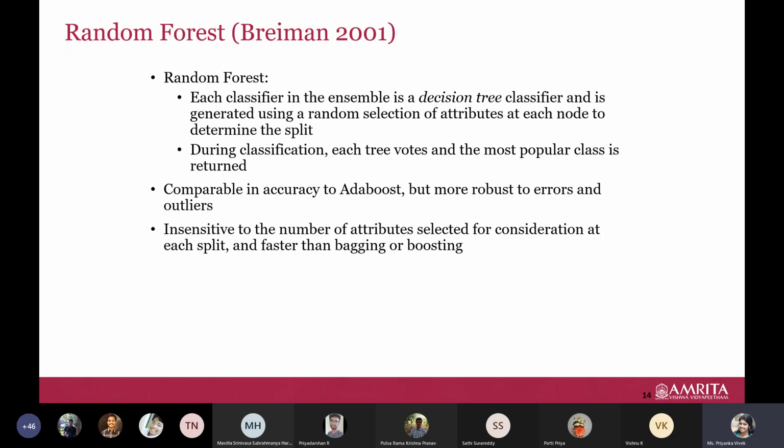Now based on this, random forest has decision tree classifiers as an ensemble. Different decision trees are generated, and then based on voting, the most popular class is returned. We'll understand that again when we see the decision tree classifier. But understand that this is also one kind of ensemble algorithm. So these two are our algorithms, and these are all under our ensemble techniques, where we have bagging and boosting.